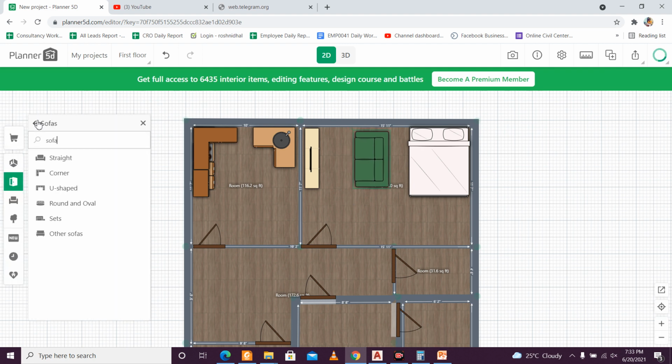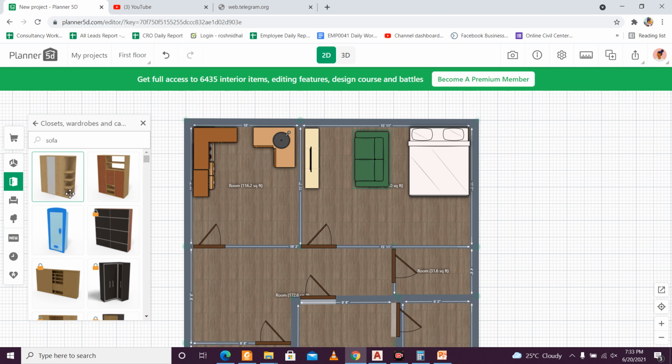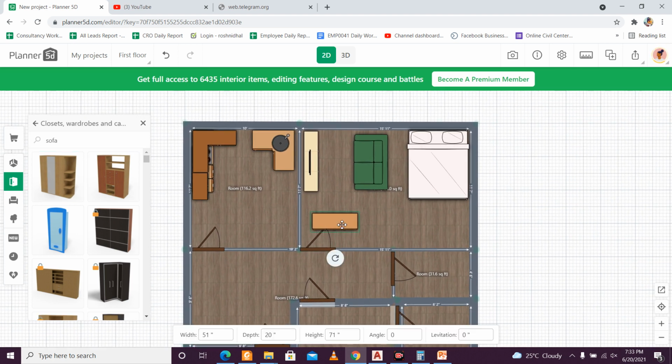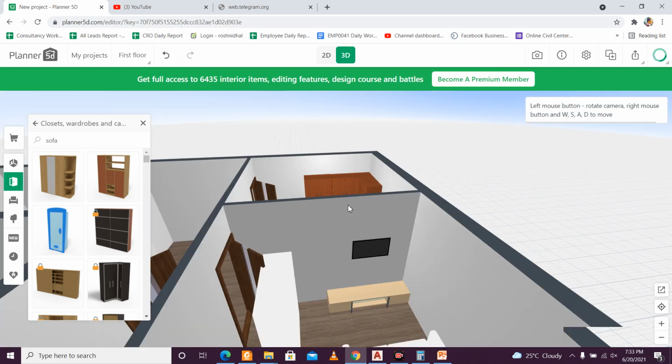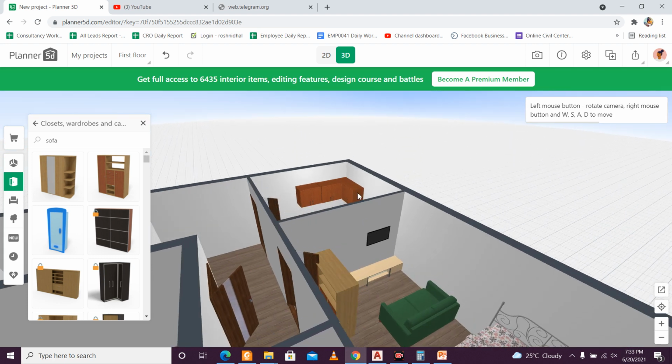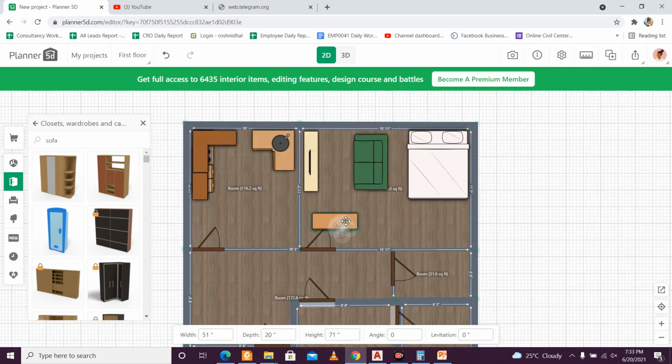And storage, and I want some storage options like cupboards and all, like dressers, cupboards. It has everything. So I want to go for this for my storage. Let me see how I should rotate this. Okay, I think I should rotate it like this.